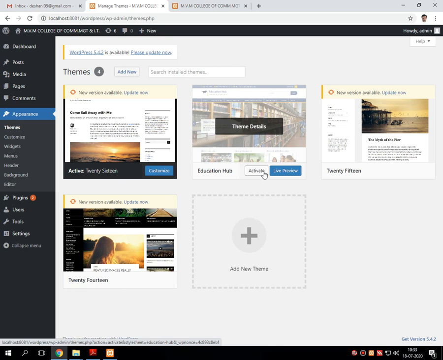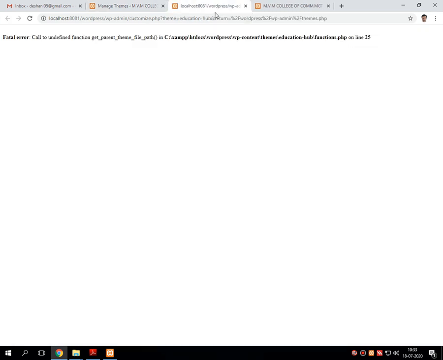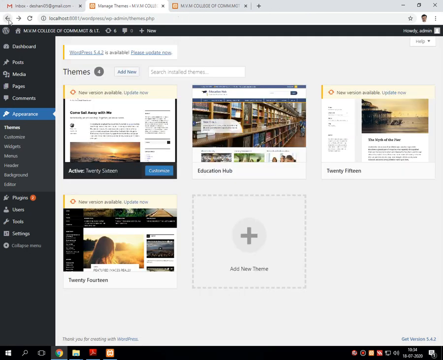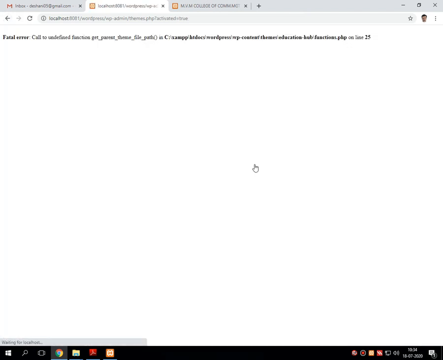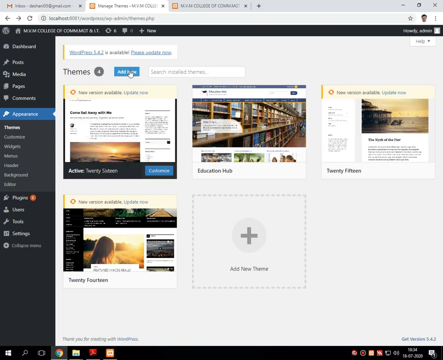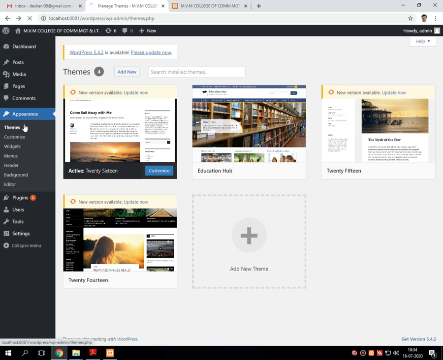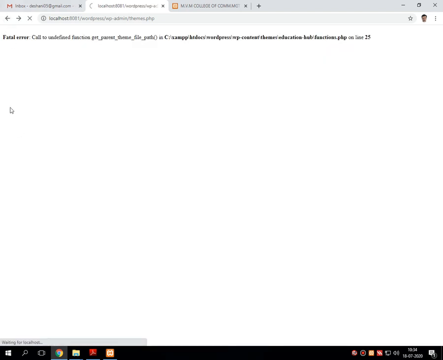Say for example, first I am viewing the preview of that particular downloaded theme, and suppose I am activating it. Let me attach another file.